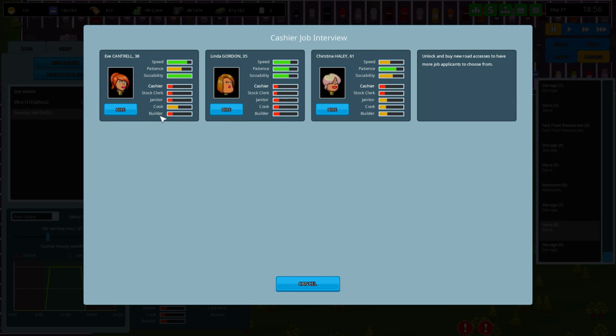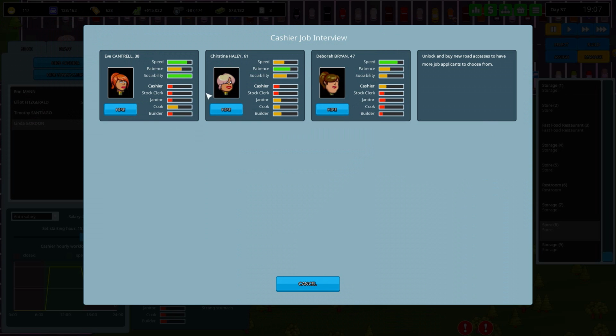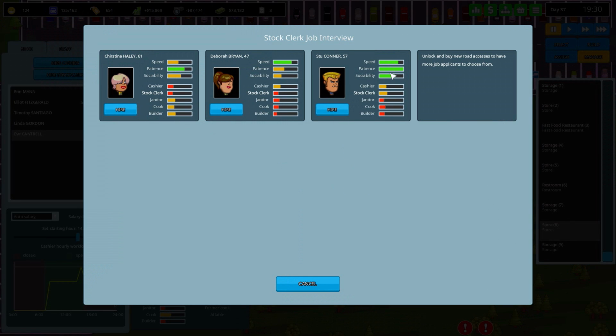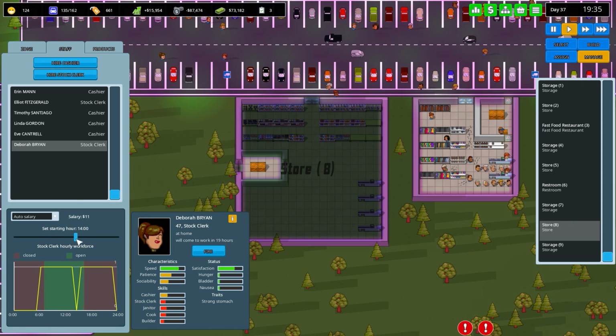And then we also need to set the hours, don't we? So let's do Linda Gordon. But you'll be coming in at 15. Okay? And we'll do one more. And for this one, we'll do Eve Cantrell at 15. Sure, let's make it 14 for her. Okay. So that way, if people decide to book it, we already have at least a little bit of an hour in between shifts, so that's okay. Now, store clerk, we need at least one more, and we'll go with Deborah Bryan. And you'll be coming in...